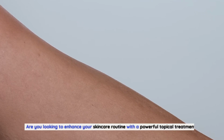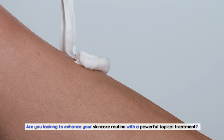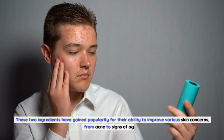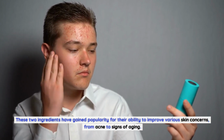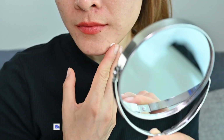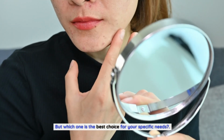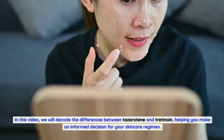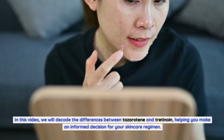Are you looking to enhance your skincare routine with a powerful topical treatment? Look no further than Tazarotene and Tretinoin. These two ingredients have gained popularity for their ability to improve various skin concerns, from acne to signs of aging. But which one is the best choice for your specific needs? In this video, we will decode the differences between Tazarotene and Tretinoin, helping you make an informed decision for your